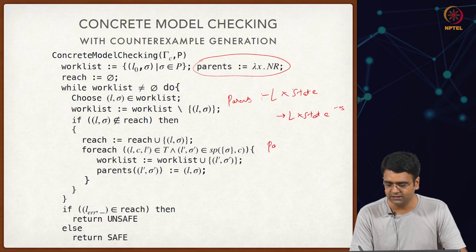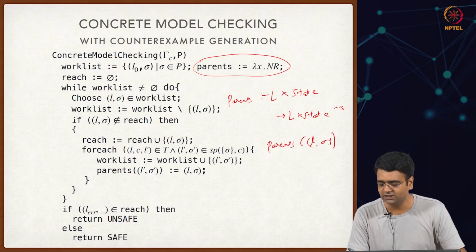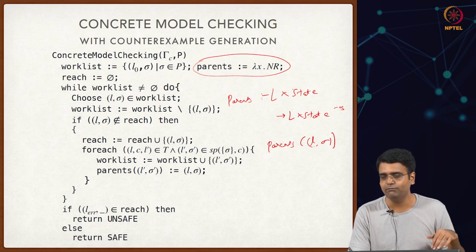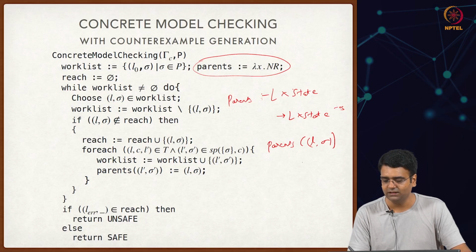So when you ask something like, okay, what is parents of L comma sigma, right. So you are essentially asking, okay, I know that the program state sigma was reachable at the location L, but what was the parent state, right. So what was the parent state through which this new state sigma was discovered at the location L, right,